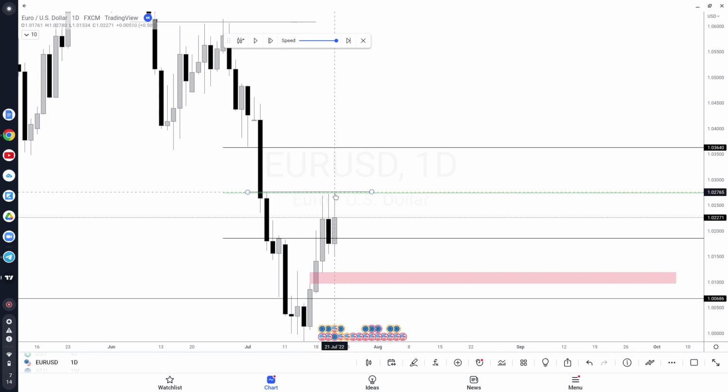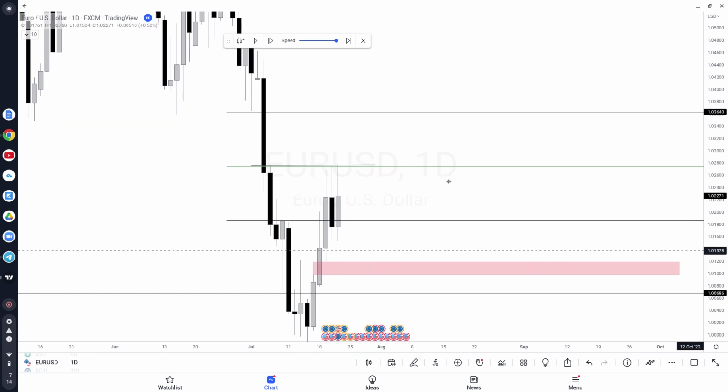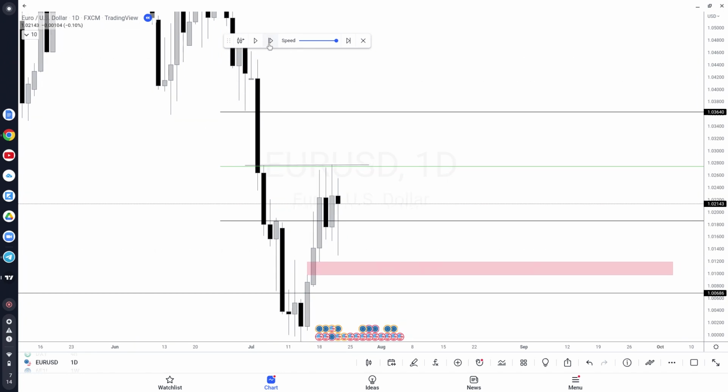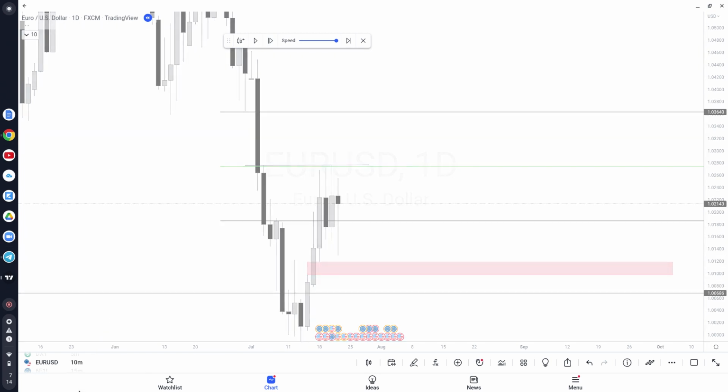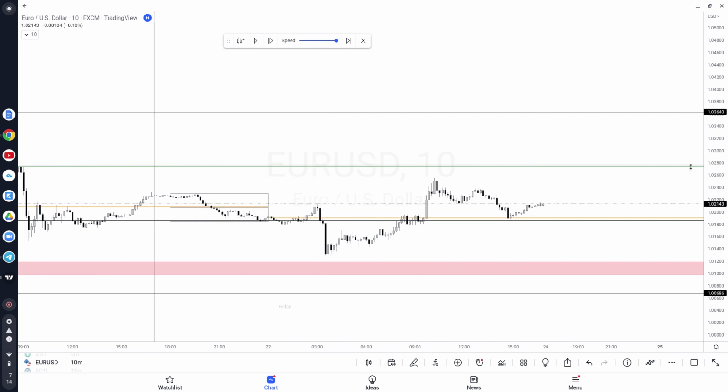That high is taken, buy side liquidity collected. Now we can seek sell side liquidity and discounted objectives. In this case, the discounted objective is this daily fair value gap. Okay, so this is Friday's trading,